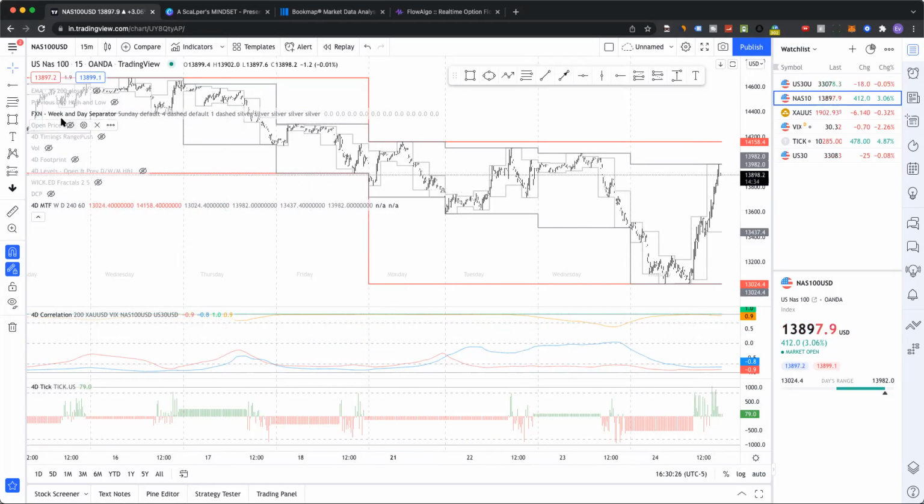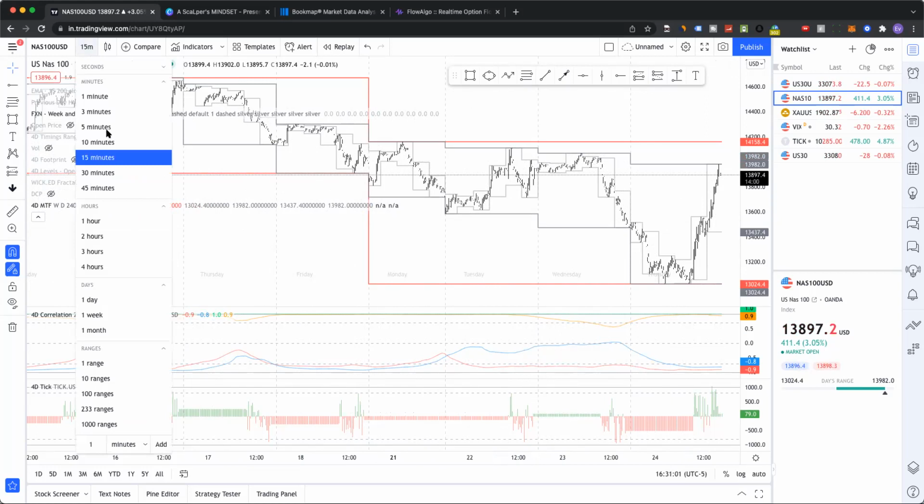Okay, then we have our multiple time frame indicator. This is basically going to show you each time frame. For example, this red box right here is our daily or our weekly time frame. Then we have our daily time frame here separated in the gray box, and the lower we go, this goes into the 4-hour time frame, so we can see how each candle is being built without having to switch